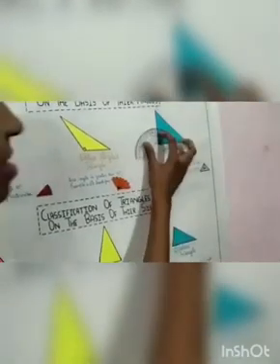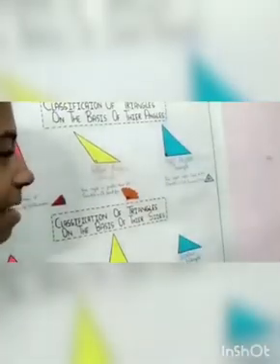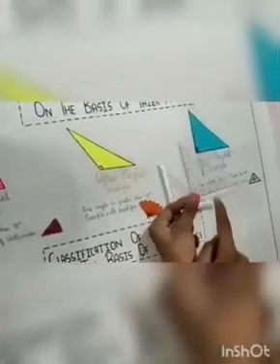Now right angle triangle. In right angle triangle, only one angle is equal to 90 degree. By measuring with a protractor also, you can see that this angle is equal to 90 degree. For example, a set square of 45 degree. This is a set square of 45 degree. If we keep this set square like this, then it forms a 90 degree.